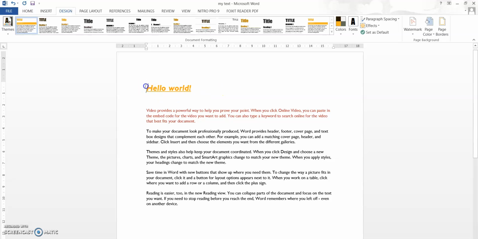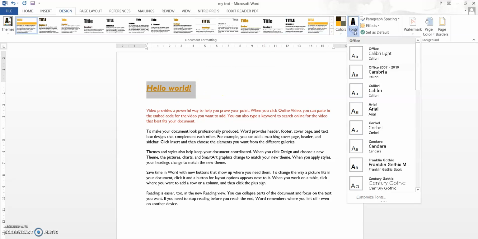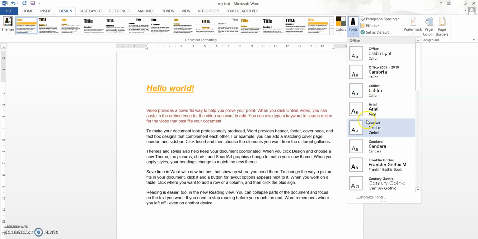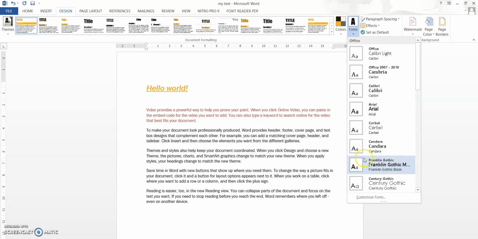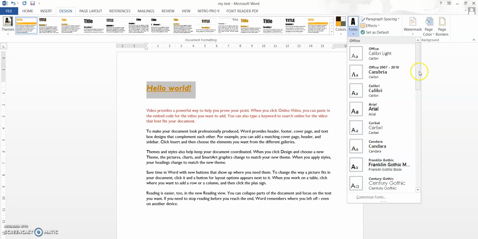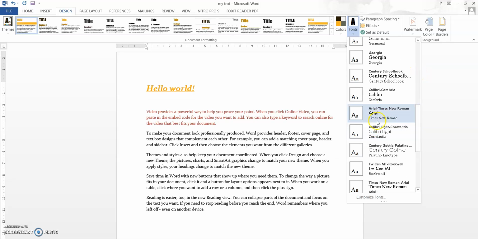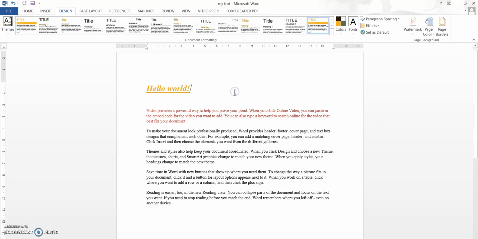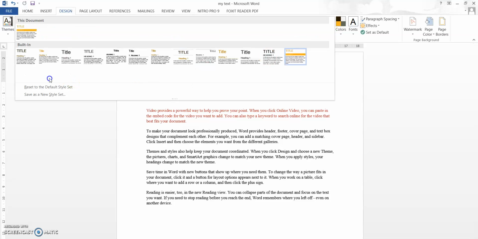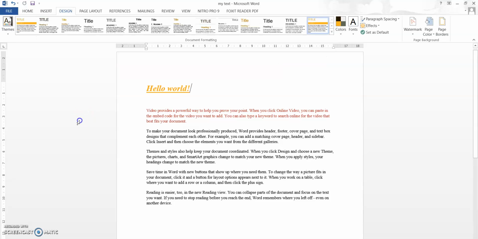We can also change the fonts in the design option. See, a lot of font changing is available, and you can use all these different kinds of fonts to edit your text. Arial is the normal font that we generally use, and when you keep changing, you can see that the style table also starts updating. You can reset to the default style. Also, you can save a particular style that you are going to use.